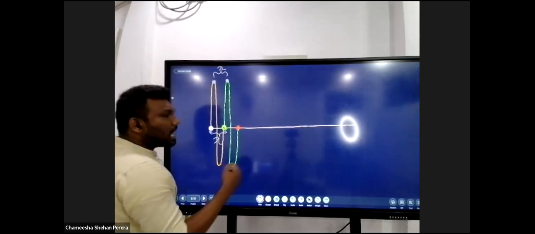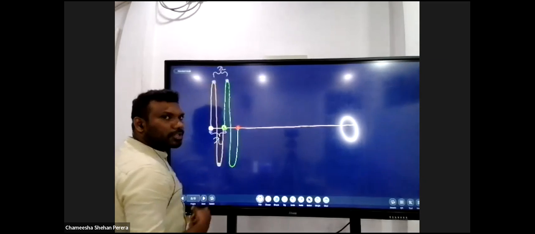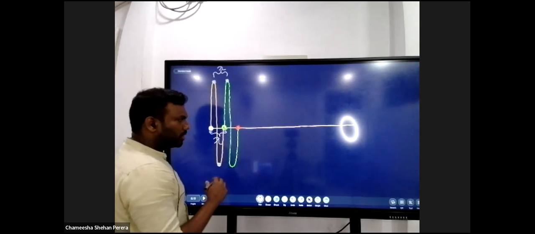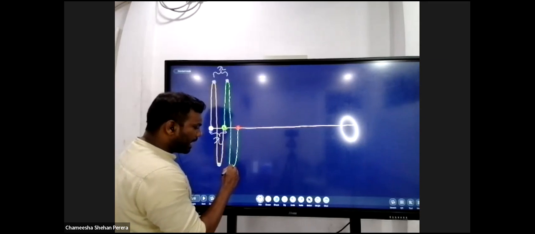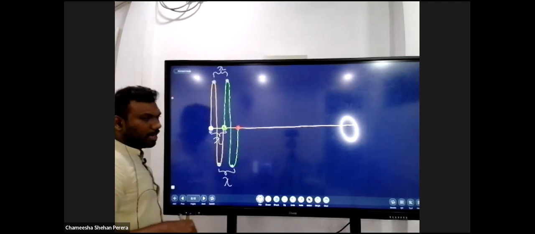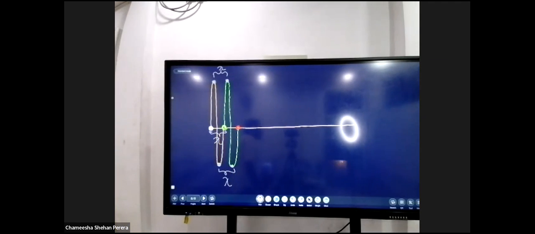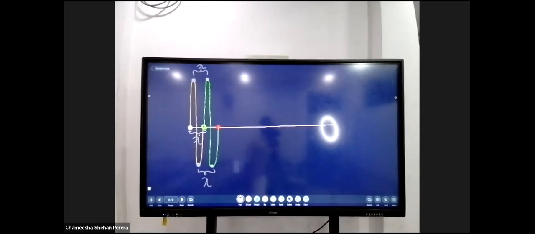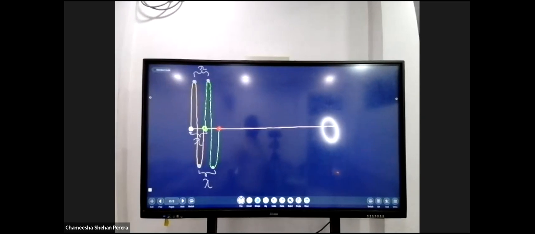Take two troughs, two adjacent troughs. This is the position of a particle at the maximum downward displacement position. Here too, the particle indicates the maximum downward displacement position, right? So between these two positions there is a wavelength. Why? Those two particles will also have the same state of motion and they are immediately adjacent particles. So all these things can be considered as a wavelength.